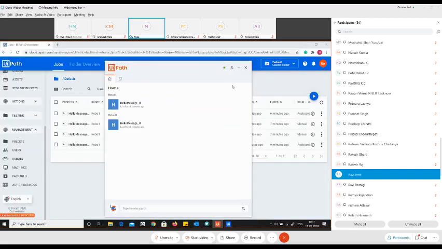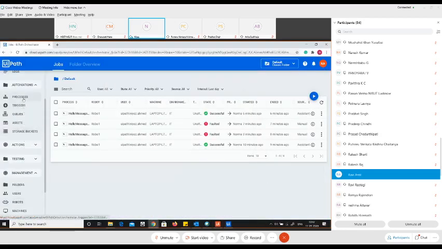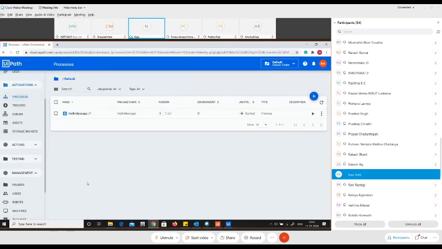Let's head back to the Orchestrator portal, and in this portal, let's go to the process section. In the process section, you can see an icon that says updates are available. As in, the Orchestrator has come to know that there is a new process for it, reminding us that it has received a new update. So I'll say, okay, let us go ahead and update that.